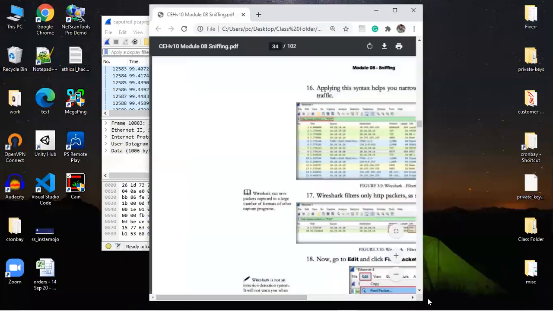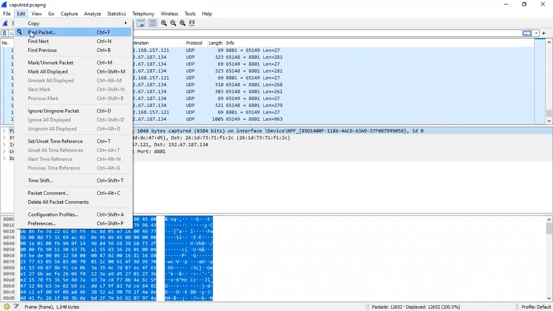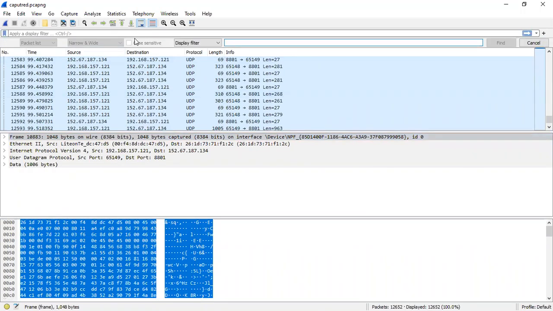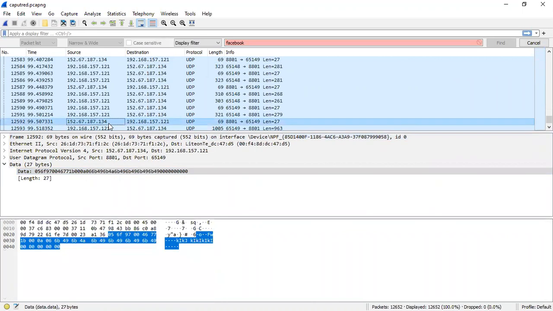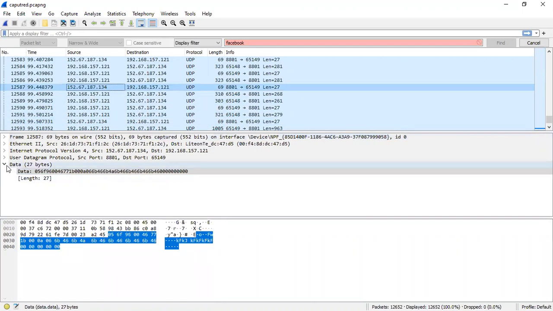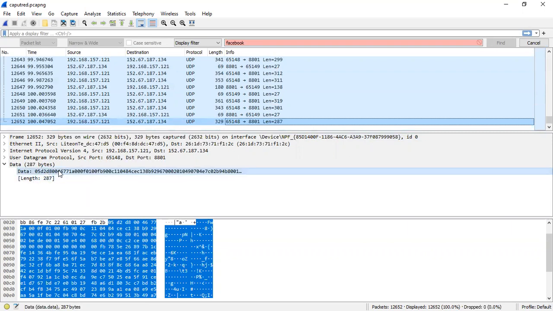Just click on edit and find packet, and then we can just filter all the information, whatever you want to filter. Suppose someone did something on Facebook, we can just find out by typing Facebook. If it's there, it will be visible, and then we can see the clear text here in this data field. Suppose some data is shared, you can just see there. Let us click on each and everything. These are the data which is being sent. As I'm hosting a class, this is the data which is being sent over the internet for the live session. Click on this. This is the data.